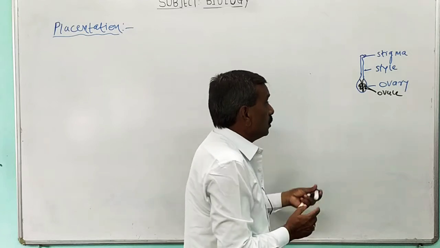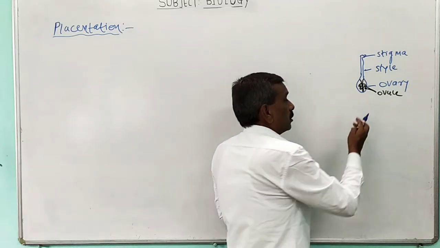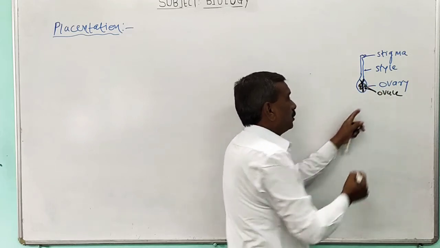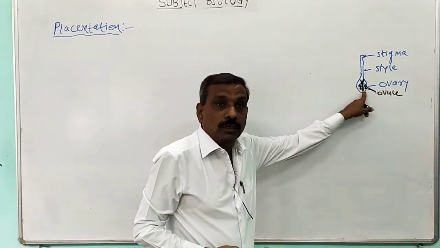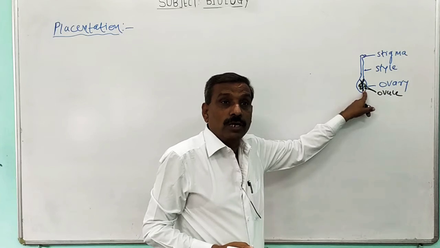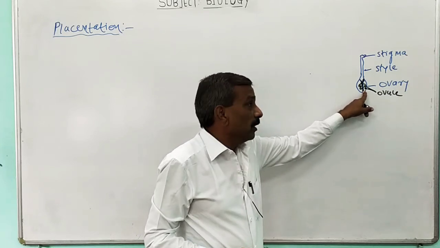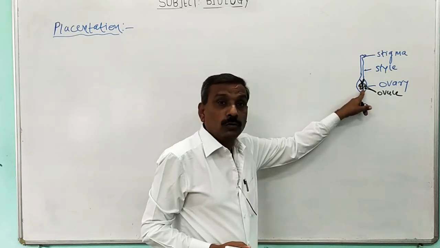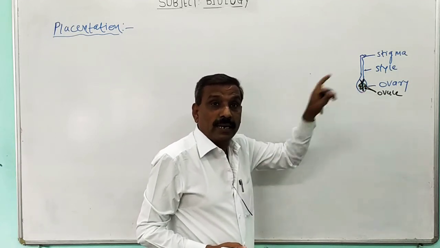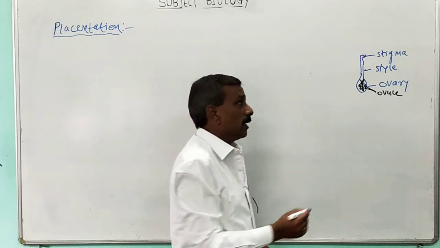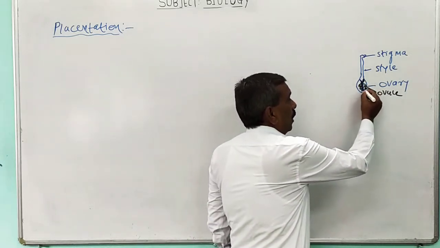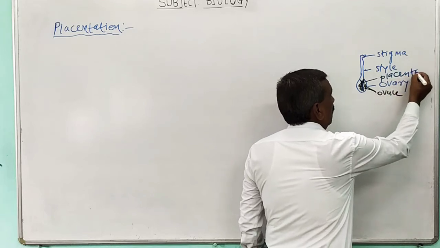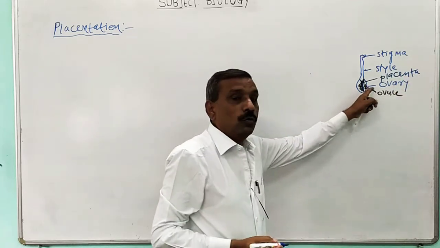Now, these ovules are produced in the ovary from a special parenchymatous tissue, that tissue from which ovules arise or develop. ओव्हरी मध्ये ओव्हुल्स प्रोड्यूस होतात, परंतु ओव्हुल्स कशापासून प्रोड्यूस होतात? ओव्हरी मध्ये पॅरेंकायमॅटस टिश्यू असतो, त्याला आपण काय म्हणणार? This tissue is known as placenta. Thus from placenta ovules are developed.